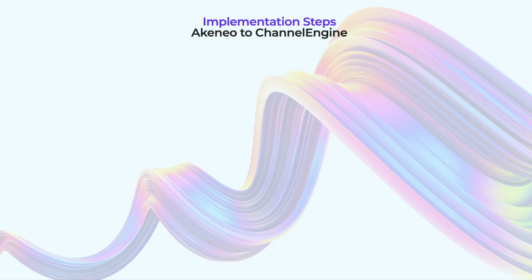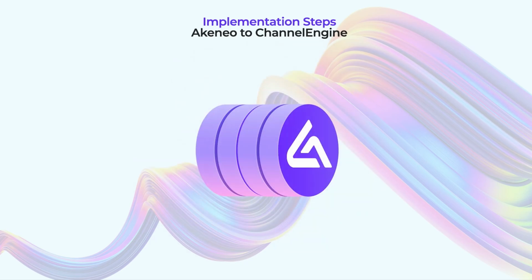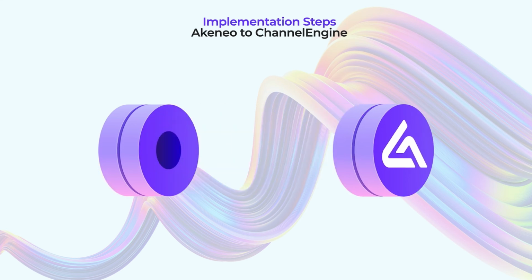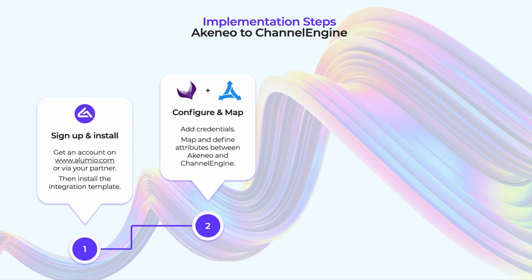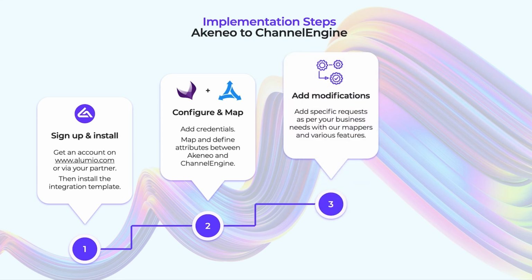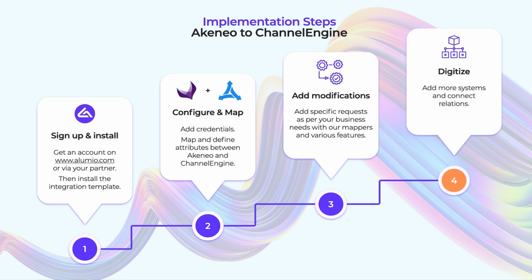If you're interested in experiencing the ease of creating integrations with Alumio, here's all you have to do. First, sign up for Alumio's iPaaS via Alumio's website or your partners. After your iPaaS is delivered, configure and create mappings to implement your integration. You can now use Alumio's user-friendly interface to modify the integration according to your business needs, as shown in the demo. And by continuing to use Alumio's iPaaS, your business is ready for digital growth by adding more systems and